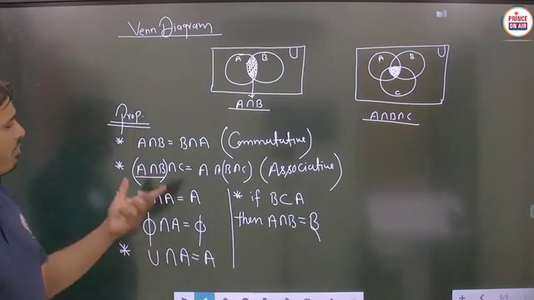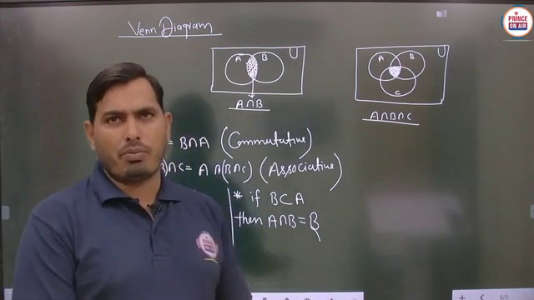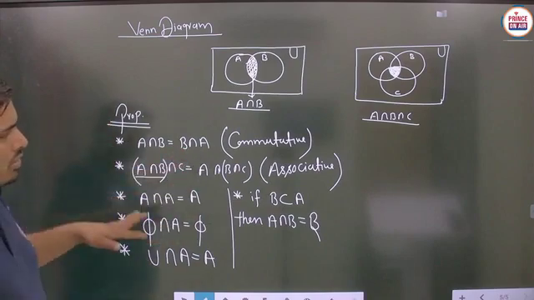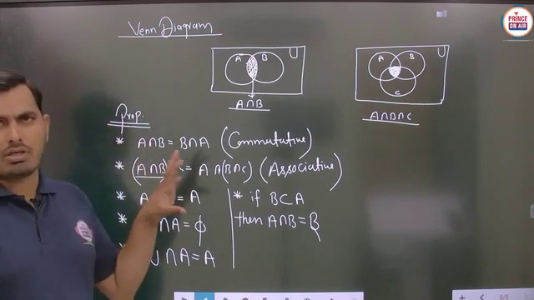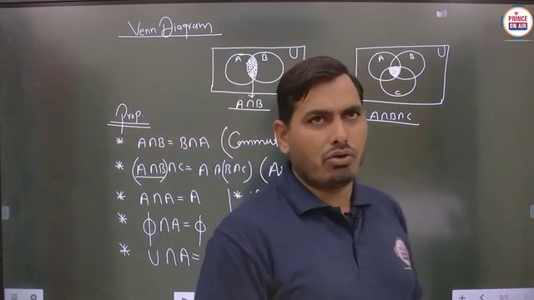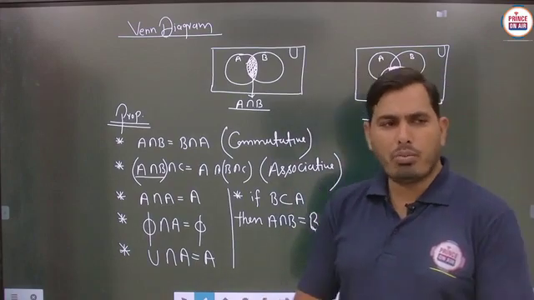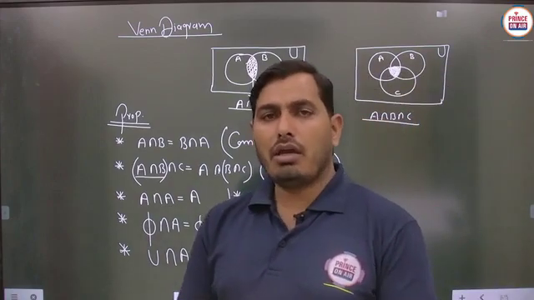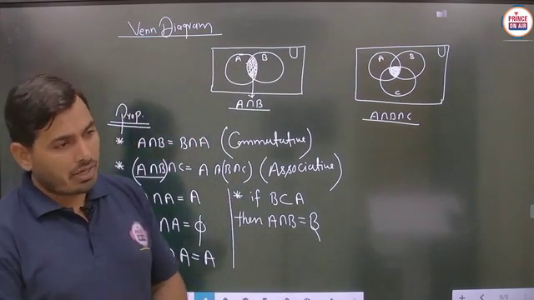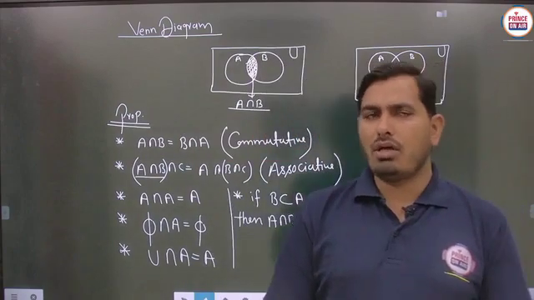So these are some basic and common properties related to the intersection operation. So we have to keep them in mind, and always we have to see things carefully, because student, these things are very important for each and everyone. Is it clear? So in this video, student, we discussed only two kinds of operations, the union operation as well as the intersection operation. One more operation remains, which will be discussed in the next class.